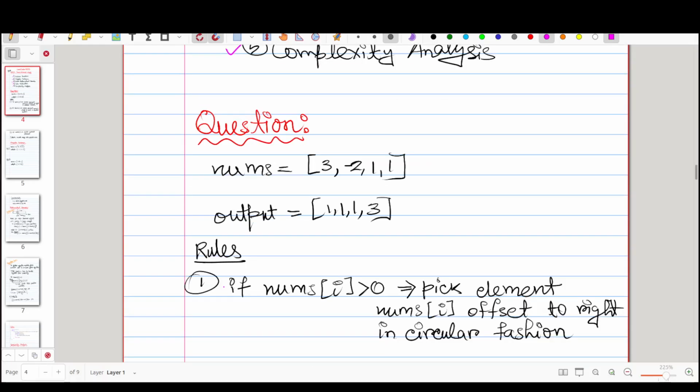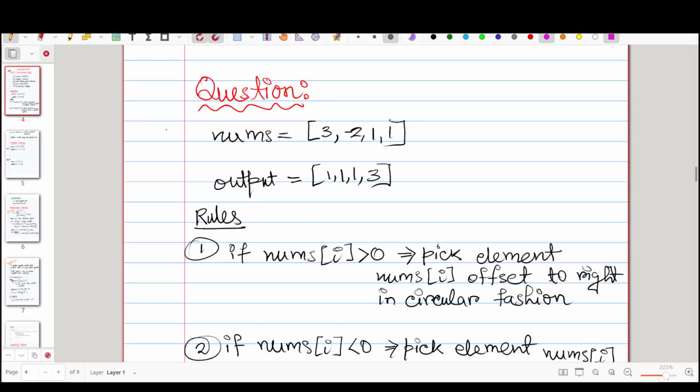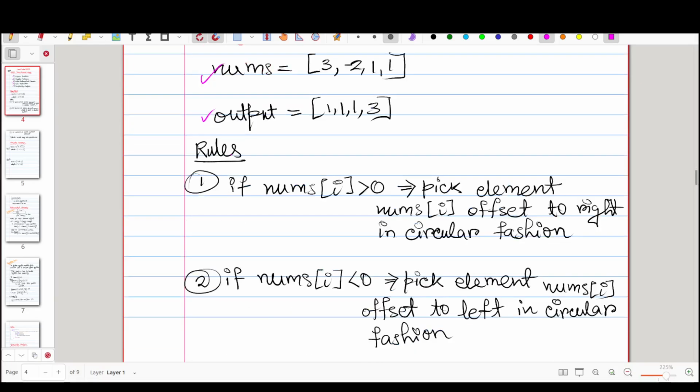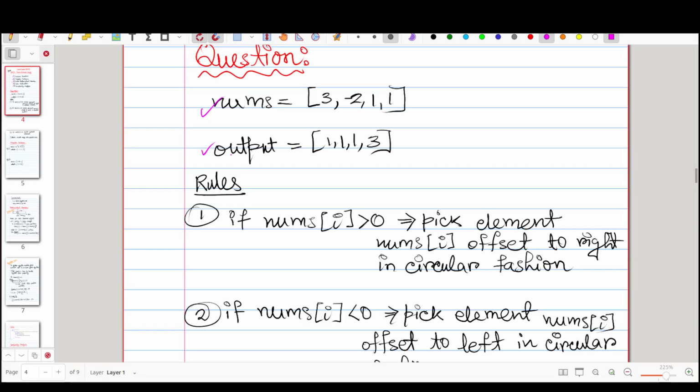So the question is: we are given a nums array, an integer array, and we have to give an output, and there are a few rules to build the output. What are the rules? First rule: if nums of I is greater than 0, that means if nums of I is positive,